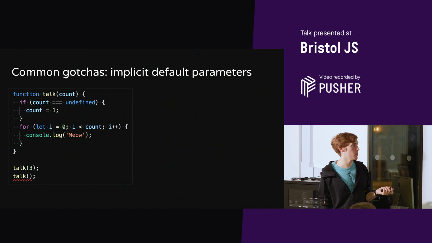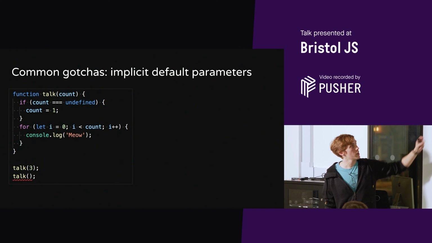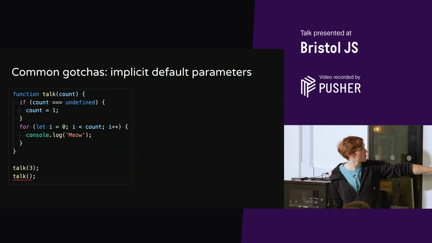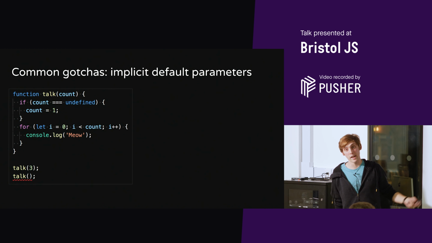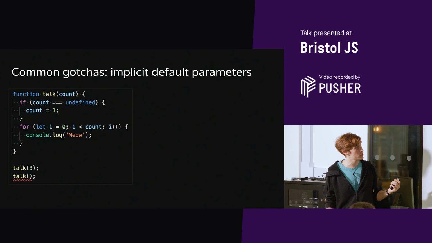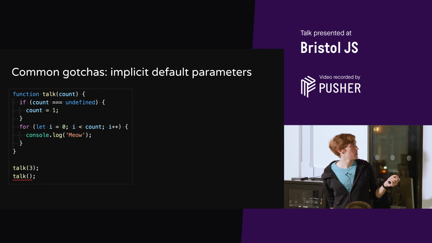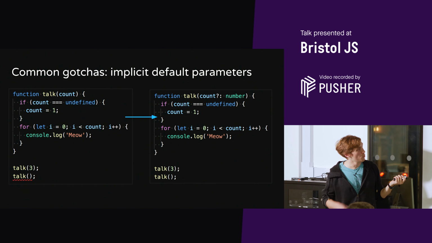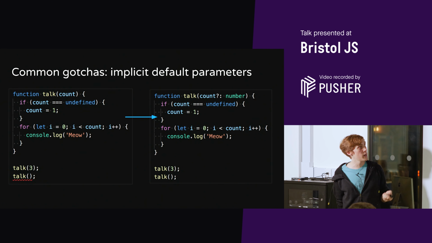Another one is in your JavaScript code, you may well have default parameters which you've set. So if count wasn't set, we set it to 1. And so talk is going to meow 3 times and talk with no argument is going to meow once. But TypeScript is unhappy about this. And that's because it's expecting one argument here because we've specified one argument. So we can actually add an optional type there, which means we are optionally expecting that parameter, and now it's